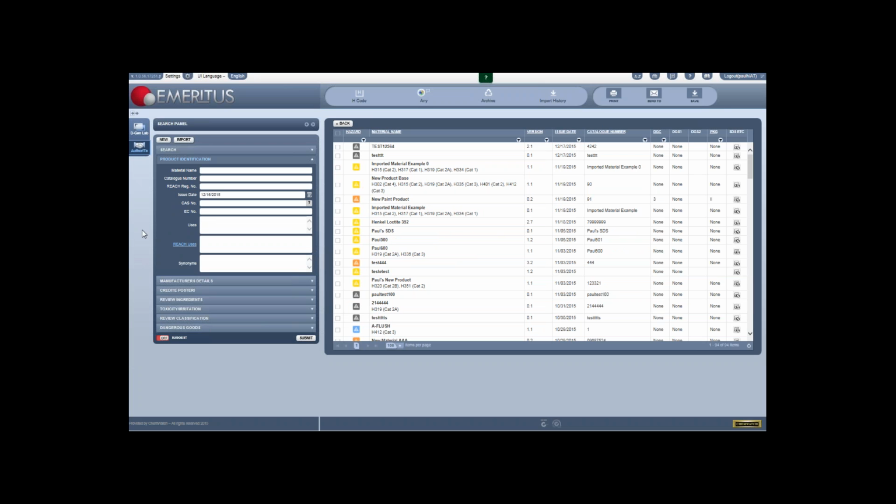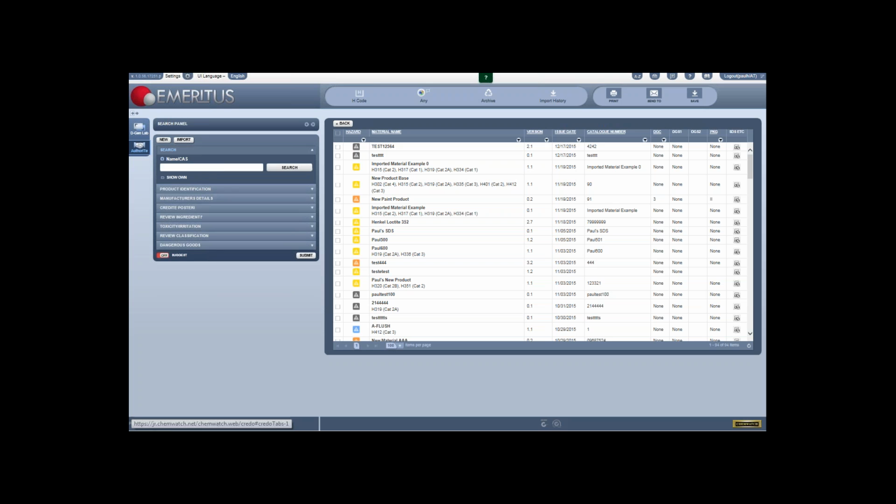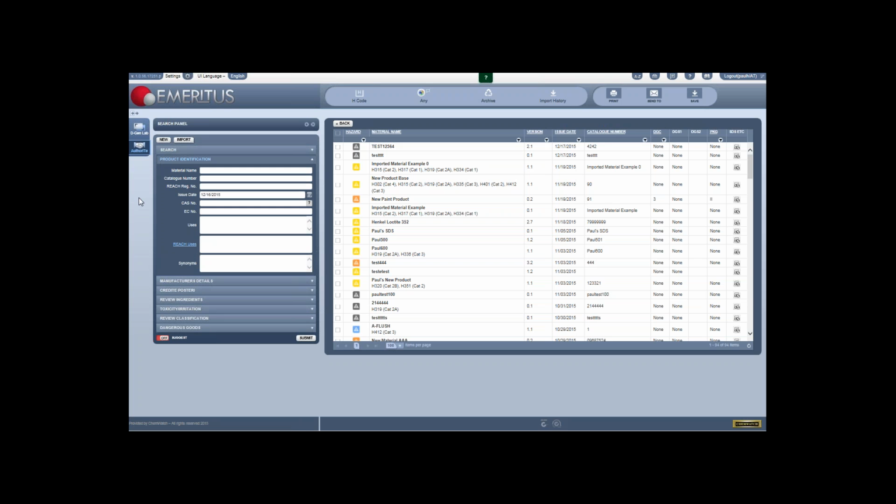So just to kind of start off, before we show you how the system works, how the system creates the data classification and SDS, I'll just mention that with Chemwatch you can control every stage of your SDS authoring process. So in our user setup, we do have individual permissions for each of these stages and tabs here. So you can assign users to do data entry and then have another user, an expert, actually sign off and